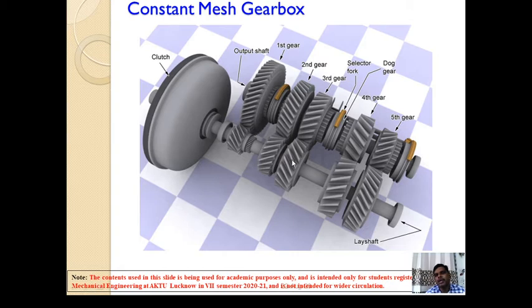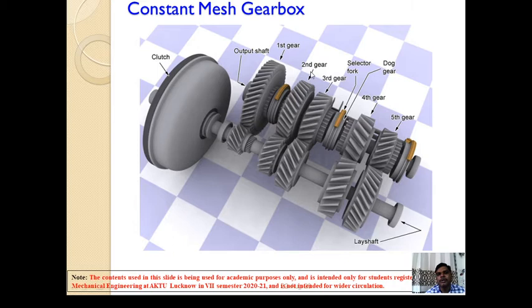Now to obtain various gear ratios, we can use a set of gears fitted over the main shaft. So this is our main shaft or output shaft. To engage the first gear, we can see here the size of the first gear fitted over the main shaft through which the drive will be transmitted is large as compared to the gear fitted on the lay shaft. So when this gear is engaged like this, it will transmit the power or torque. The torque will be maximum, keeping the speed at a lesser value, right?